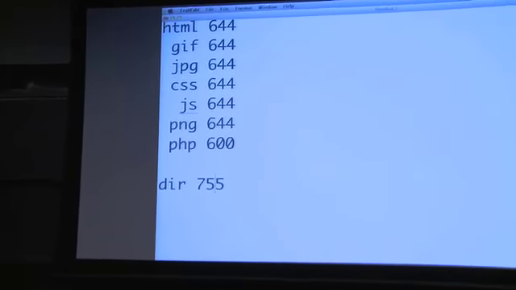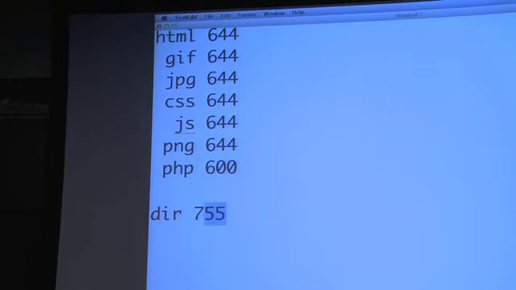One is readability. Can you see what's inside of it? So that's reasonable to want. But the other is executability. Can you even physically open it by double-clicking on it, by typing cd? So it turns out that executability in the context of directories is necessary if you want to let the world into that directory. So I would actually refine our definition here. And besides just giving everyone executability, which we might be tempted to do by just adding 1 to each of these numbers, because recall that 1 represents executability,